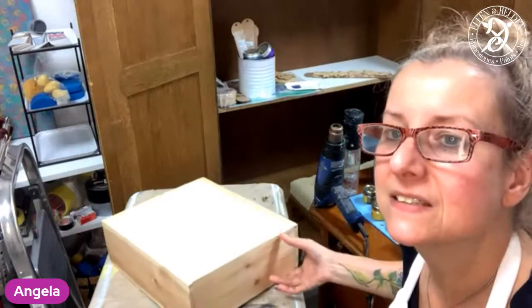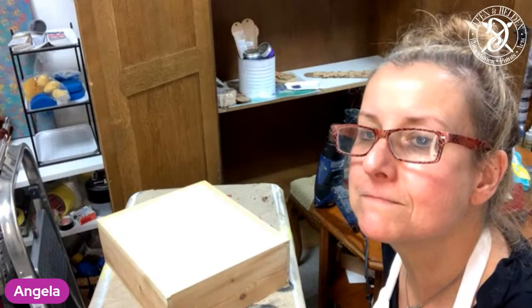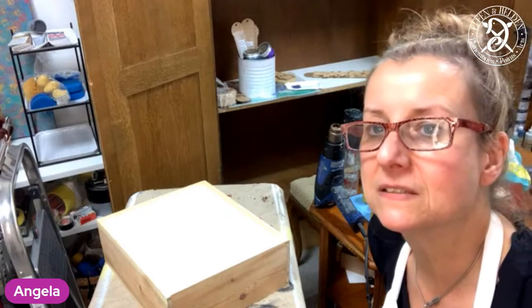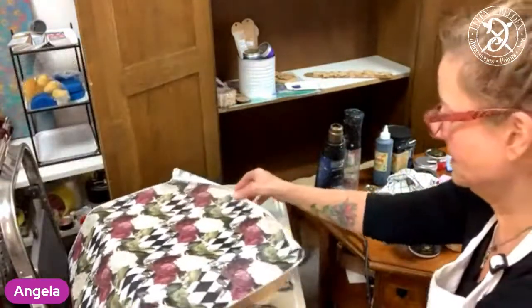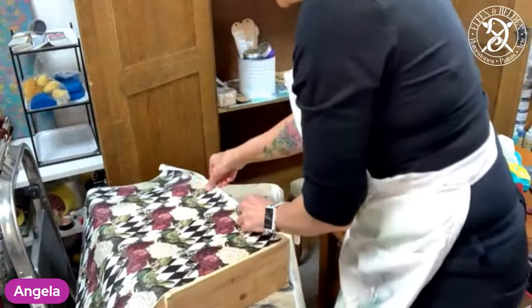Pattern. Okay, I think we use the pattern. Okay, pattern. All right. So we use the pattern, and I usually,